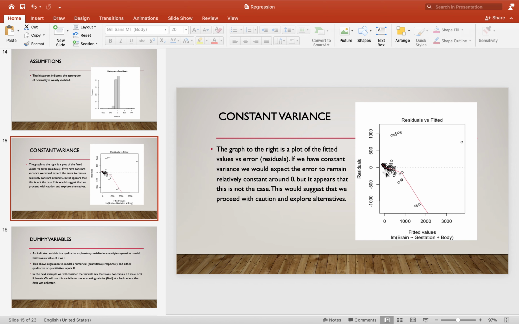Okay. That is, as the fitted values increase, the error is slightly underestimating the values in general, except for this one point on the far upper right. Okay. But statistics is about the general trend, not one point. And this cluster of points below the x-axis in the middle to beginning kind of indicates, hey, it's underestimating what values we should have. Okay. And so we would say, hey, it looks like this may not have constant variance.